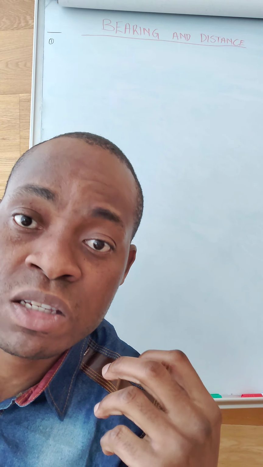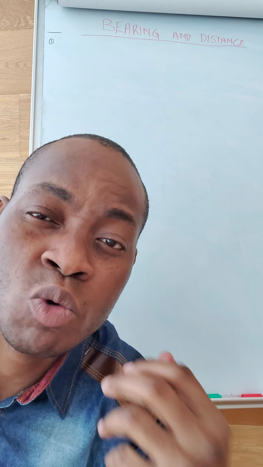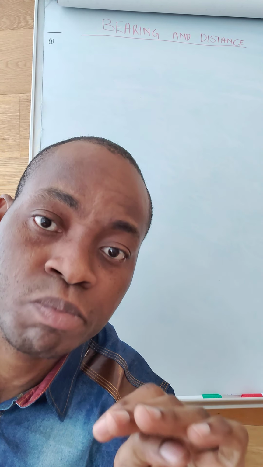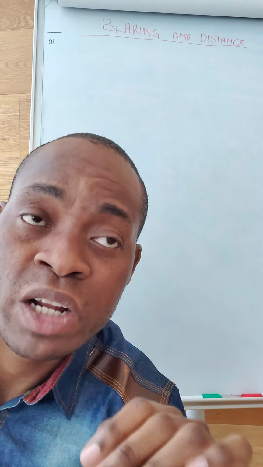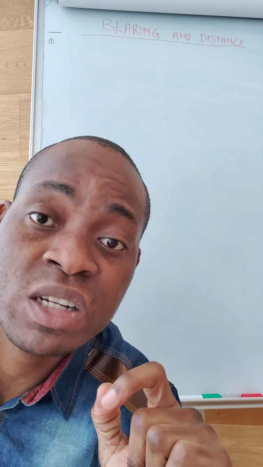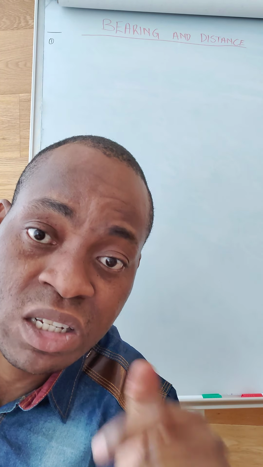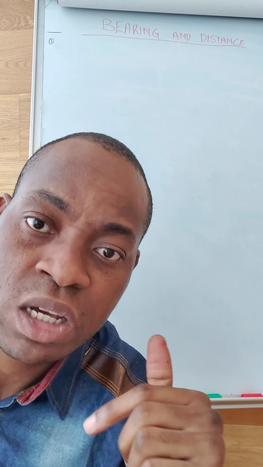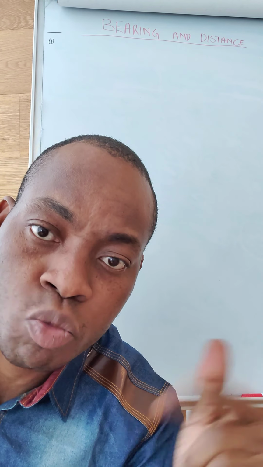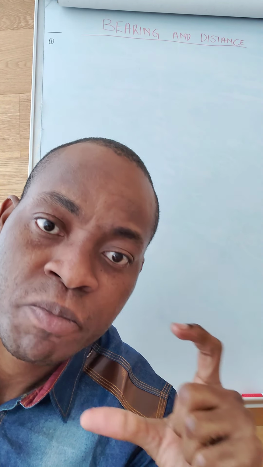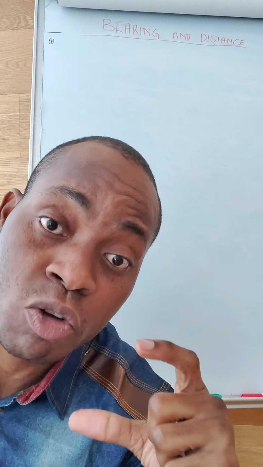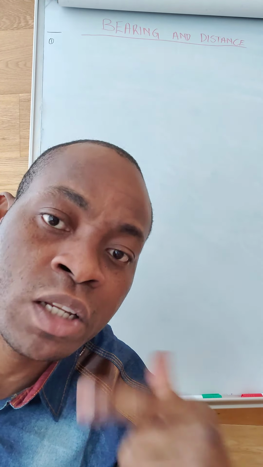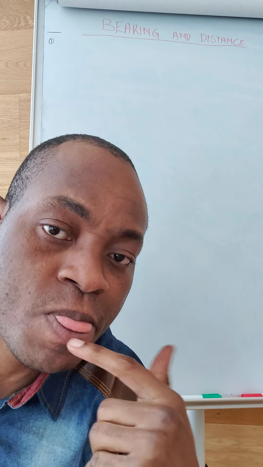Also, the four cardinal points, we are going to make separate videos for them. Another thing you have to take note of is that when you are drawing your bearing and distance, it will lead to points. From points, it will join two points together, it will form a line. Then, depending on the question, the line can continue and form a shape. Usually triangle is the most common one